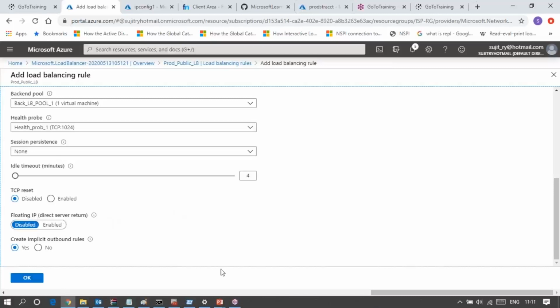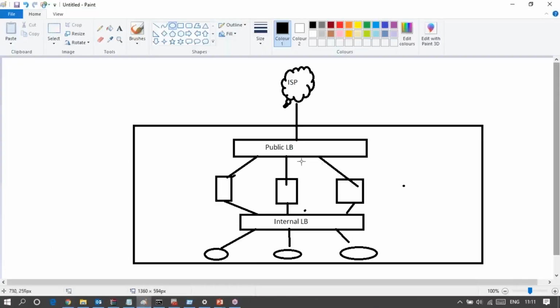What does it mean? Audience, if you look at my screen, this is my paint. The client request appears at the public load balancer, and from the public load balancer the internal VM or backend pool can be accessed. But in the opposite direction, when your VM responds, does it go directly to the client using the load balancer, or can it take any other path to send the traffic to the client?